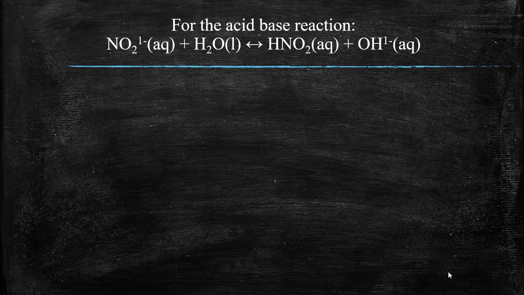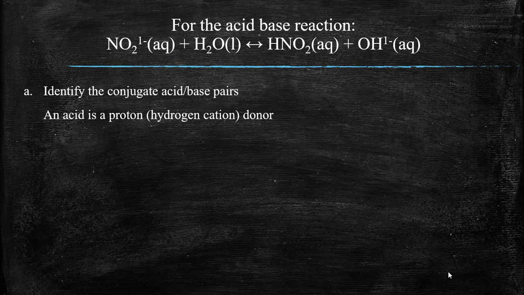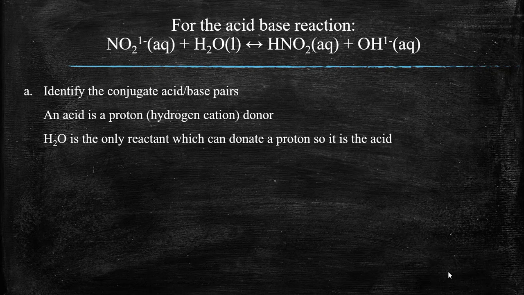This is a two-part question, the first dealing directly with this acid-base reaction, and it asks you to identify the conjugate acid-base pairs. An acid is a proton or hydrogen cation donor. That means the reactant, that is the acid, must have an ionizable hydrogen available. Since water is the only reactant which has hydrogens, it's the only one which can donate a proton, so it